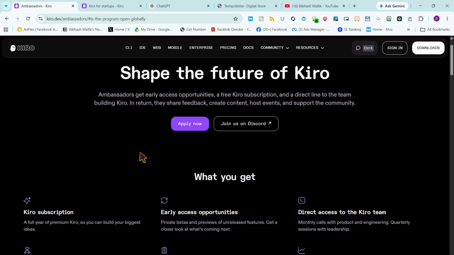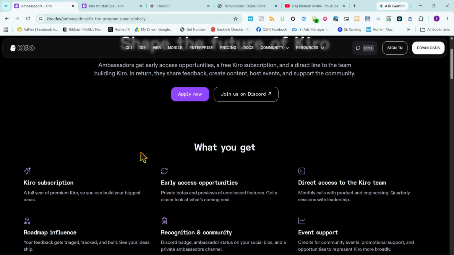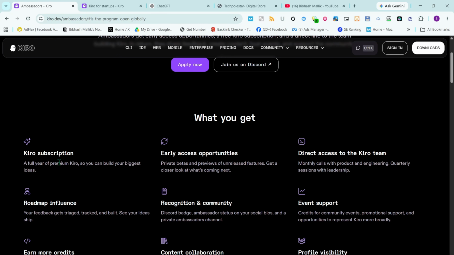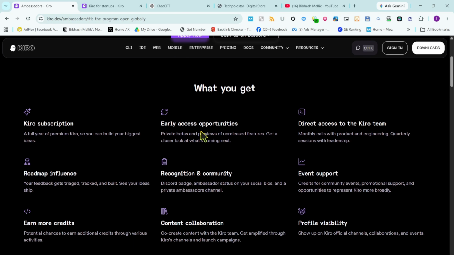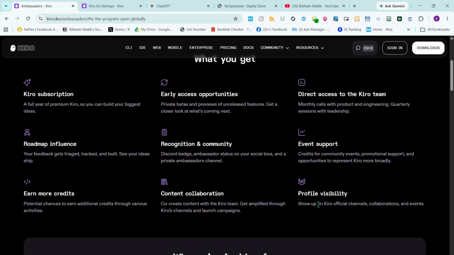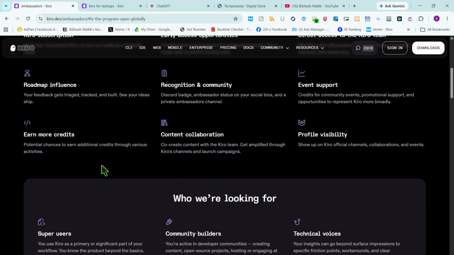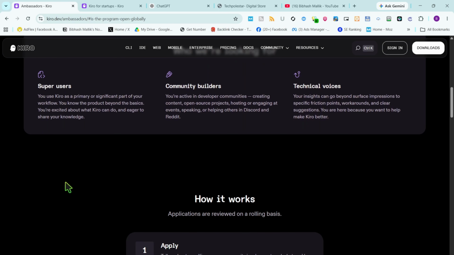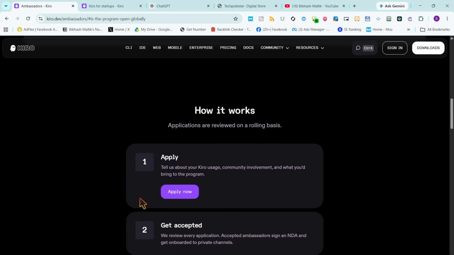Before that we need to know a few things. Here you can see what you get: a Kiro subscription for a year, early access opportunities, direct access to the Kiro team, roadmap influence, profile visibility, and you can also earn more credit, and content collaboration. These are the options. Here you can see another apply button,